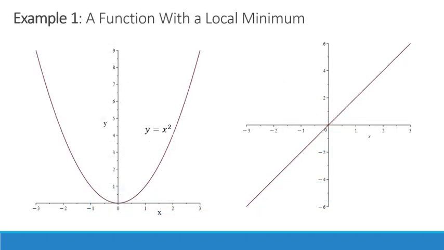The graph on the left is y equals x squared, and on the right is the graph of its gradient, dy by dx equals 2x. We get this by differentiating x squared. On the left, x squared is decreasing, so we have a negative gradient, which corresponds to the graph of the gradient being negative for negative values of x.